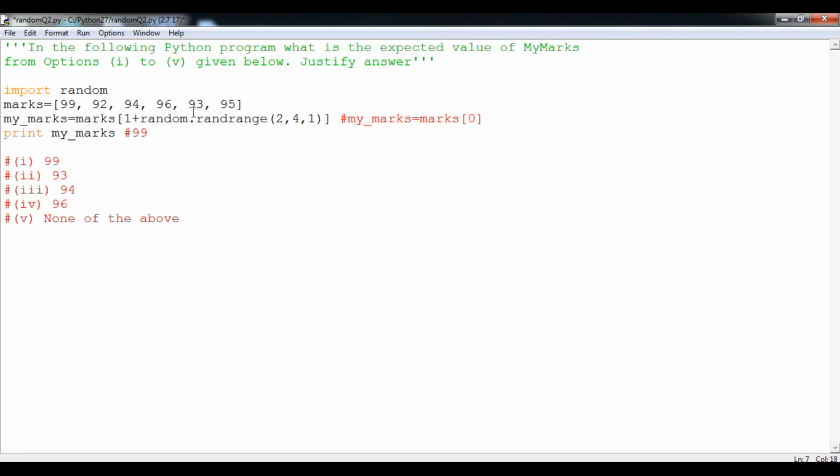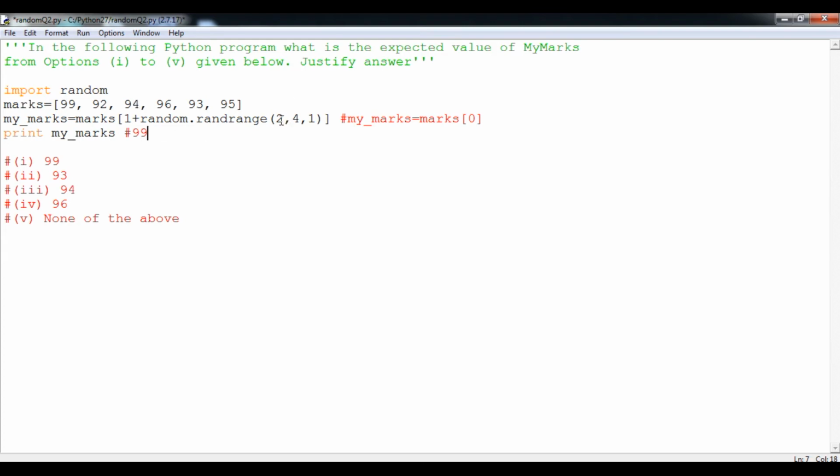Second, we look at the randrange function. Under the randrange function the minimum value will definitely be 2. So you can see 0, 1 and 2. So 94 will not print either, because here we add 1. Why?